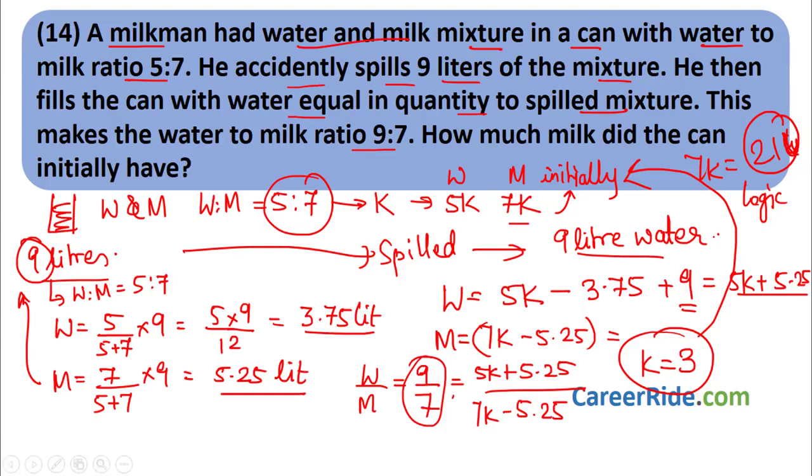See how very easy sums related to mixture and alligation have become. We just need to use a simple logic which we learnt earlier and a simple trick of cheap and costly things which we learnt along with that logic. Using these two to three things, you will be able to solve almost all the sums related to mixture and alligation. Most of the sums related to mixture and alligation are in close combination with ratio and proportion. So make sure you see the video on ratio and proportion, make it strong, and practice on it so that it will become easier to handle mixture and alligation.